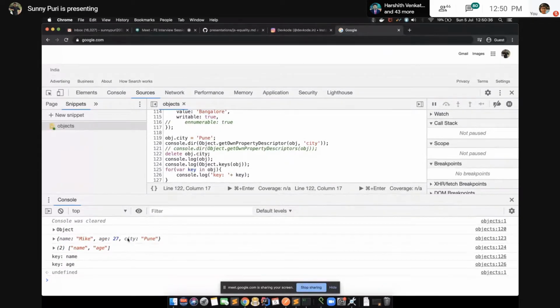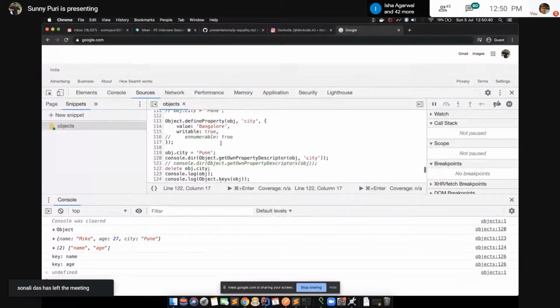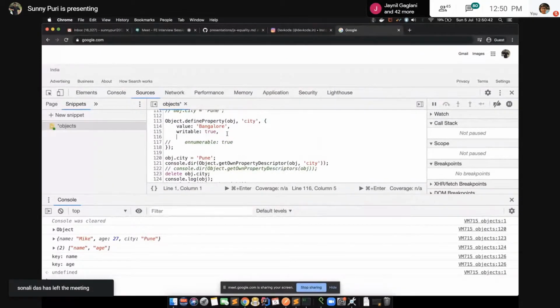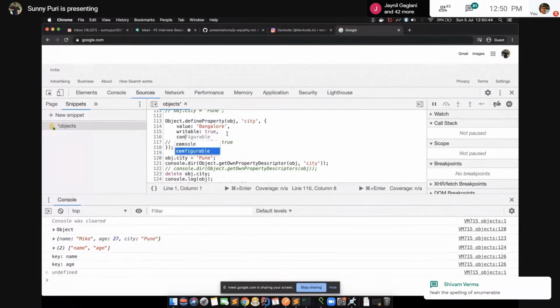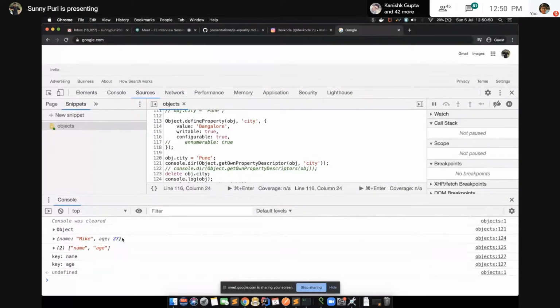City is still there in the object. Why? Because I have configurable as false. Configurable is false, so you cannot delete it. Yeah, it's for this typo error. Thanks, Dheeraj, and thanks, Shivam.